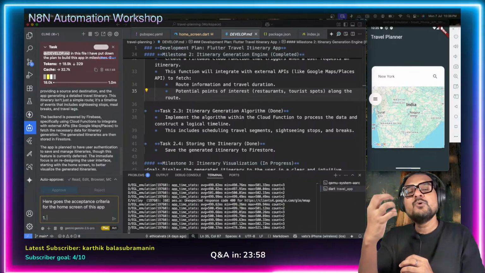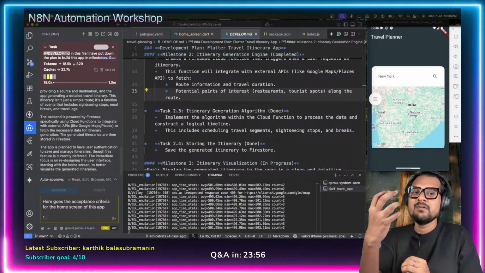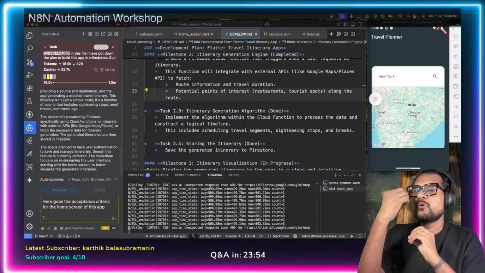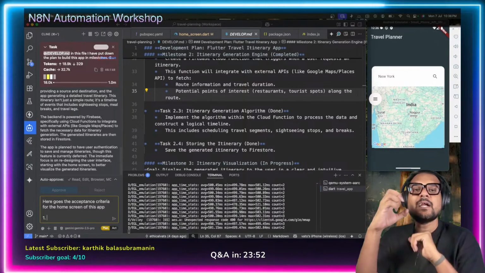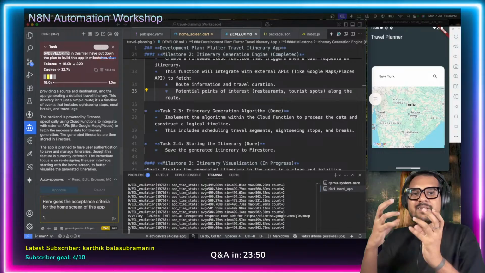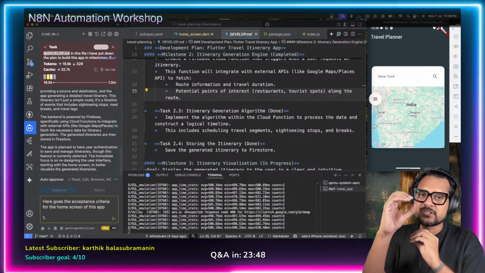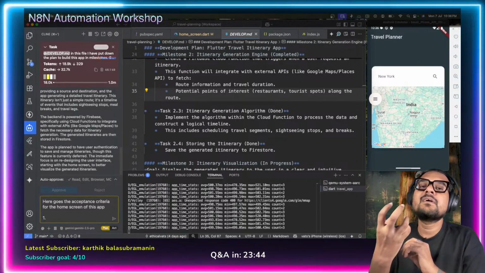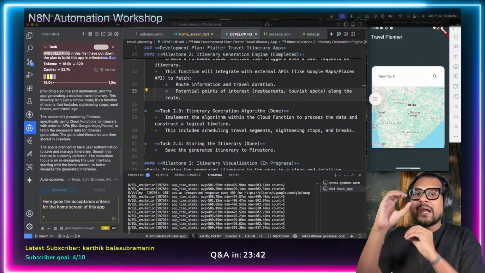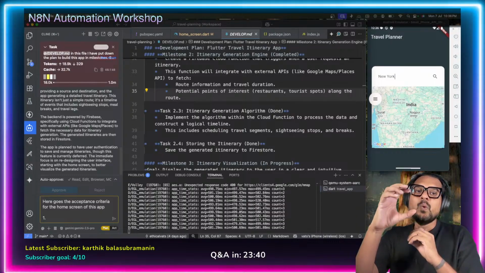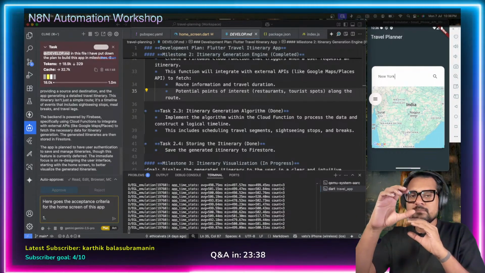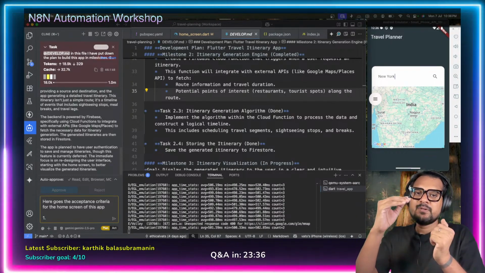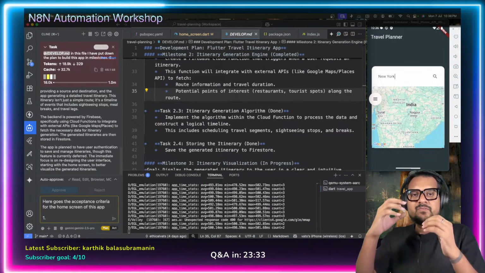Now how would you define that action? What is the outcome of that action? What are the inputs that will go to the action? What is the behavior of that action? That is where we define it using acceptance criteria. That means when this feature is able to perform things as per these criteria, which we can